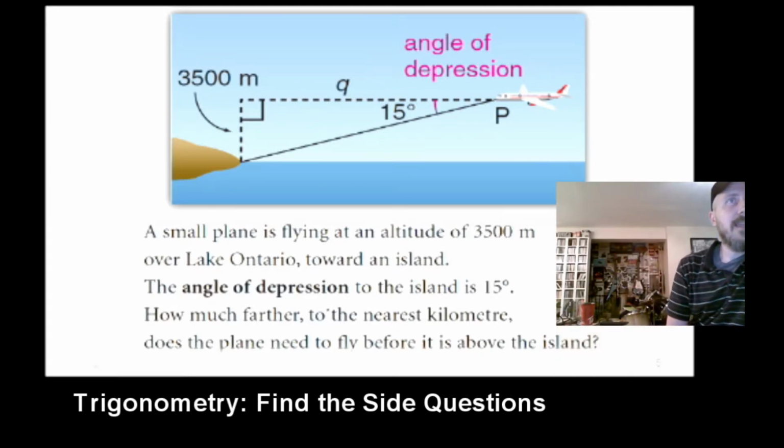So a small plane is flying at an altitude of 350 meters over Lake Ontario towards an island. The angle of depression, and it's marked on there, the angle of depression to the island is 15 degrees. How much farther, to the nearest kilometer, does the plane need to fly before it is above the island? Okay, so